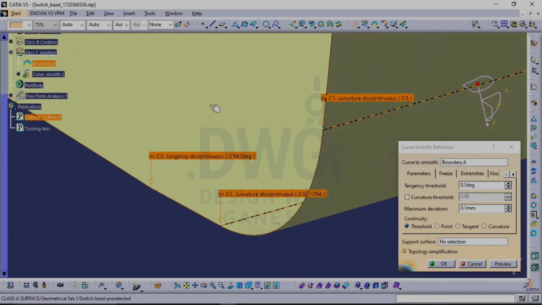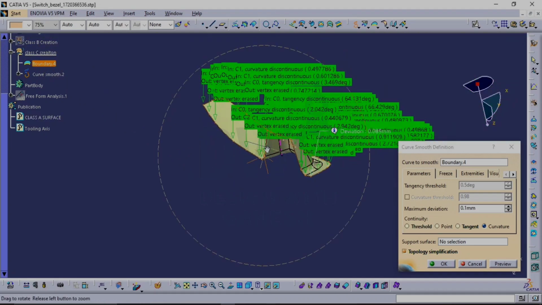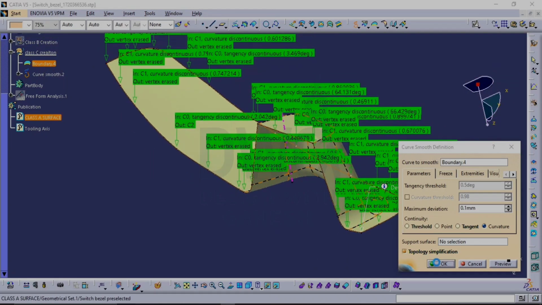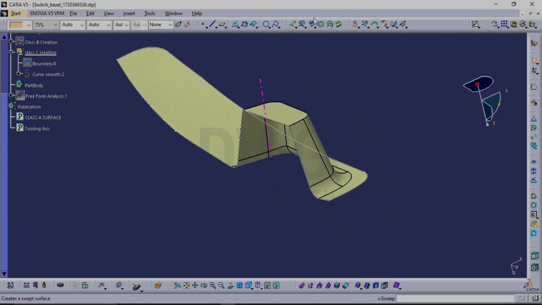Okay, in order to work on this problem, what I have done is I have increased the maximum deviation, 0.1 up to. Okay, you can keep this as a curvature. Okay, preview. Now everything is in green color. Click on OK. Okay, this is fine now, and click on the sweep now,